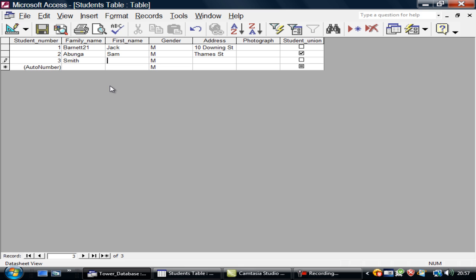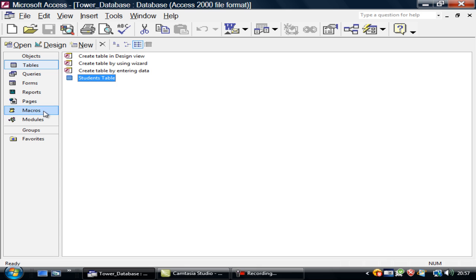Smith, Anne, female, Oxford Road, member of the student union, yes. Right, so there are 3 students put in there. Let's save that, close it, and now